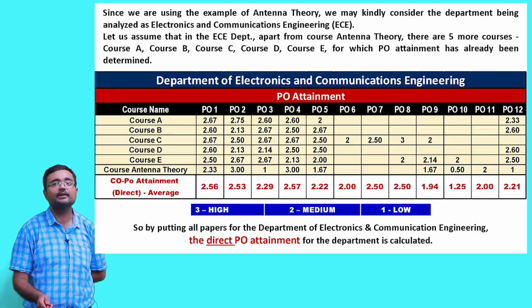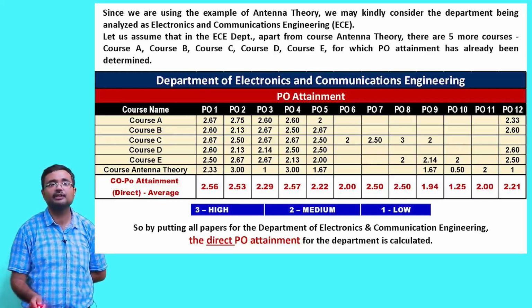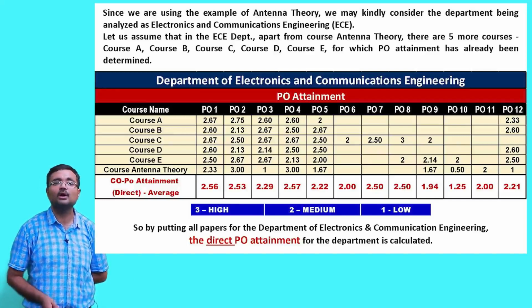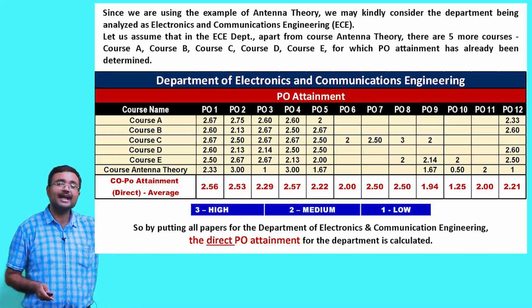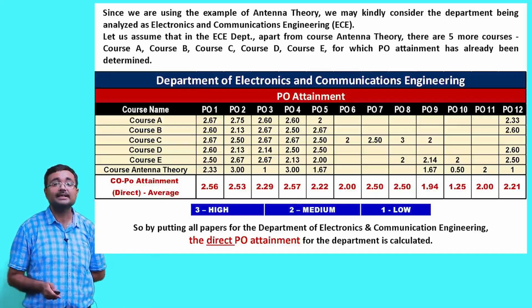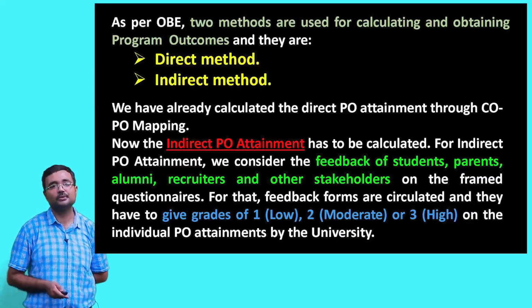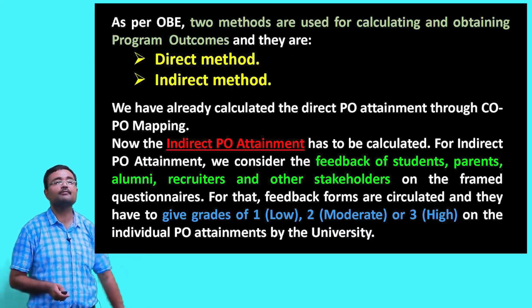This is where the head of the institute can sit with the head of the department and say that your PO10 is not attained well, you work on it. So, yes, that is okay, but this is only the direct part of it. There is another angle to it. What is that? The indirect attainment of the POs. How is that done? That is another part of it.